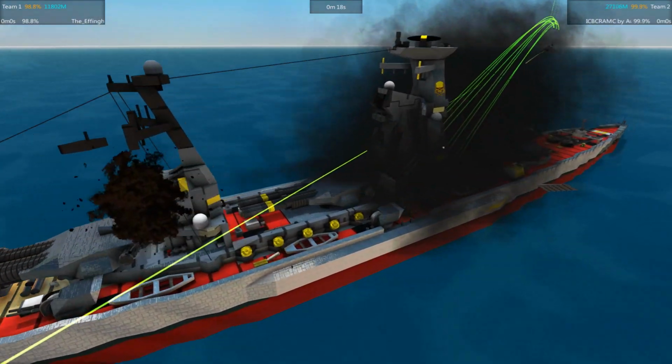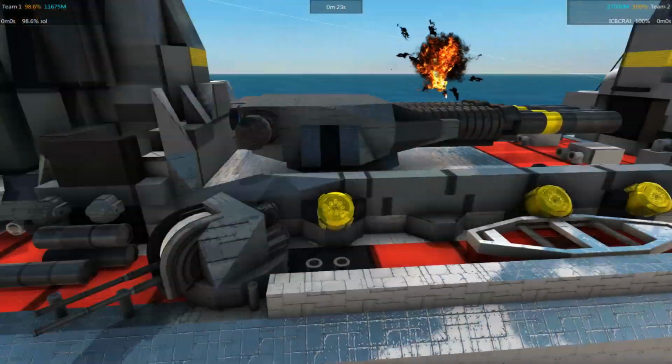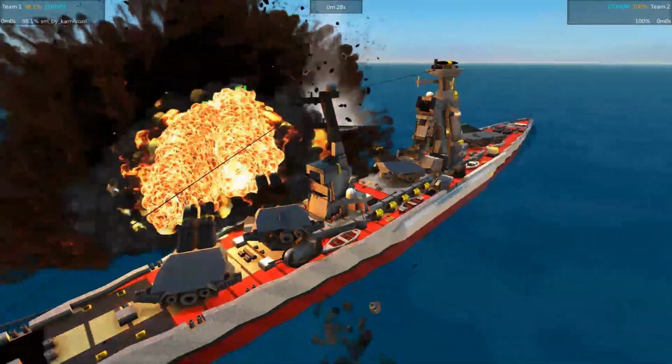And it looks like those secondaries are actually functional. They were rotating around and looking at the enemy. Did they actually fire anything, though? Well, this one looks damaged, so I can't tell you. This one's not firing. It's not damaged either, so...